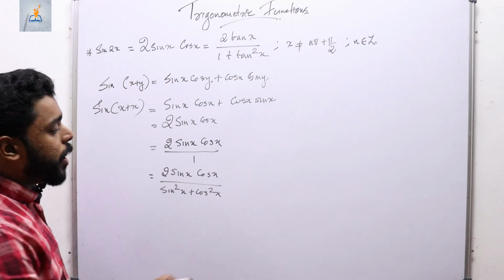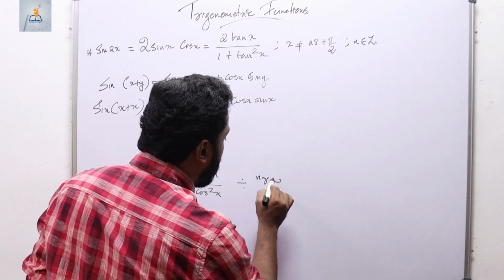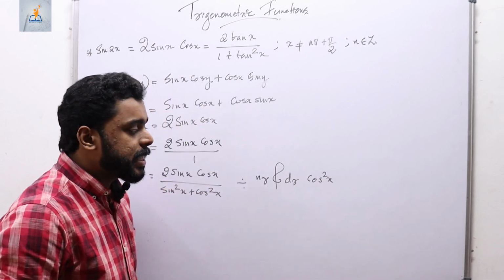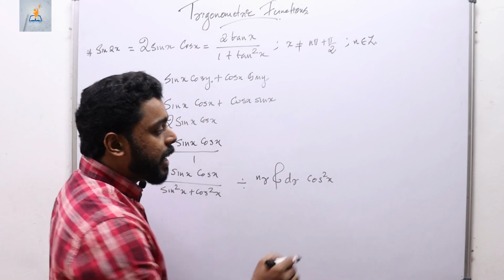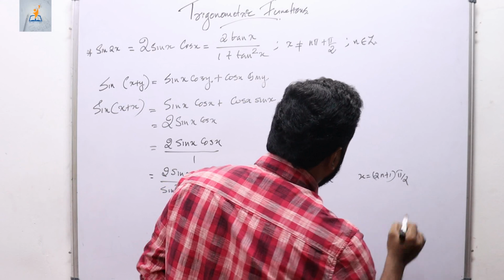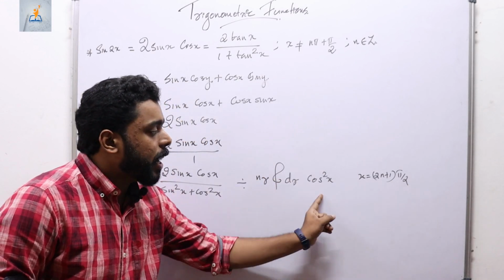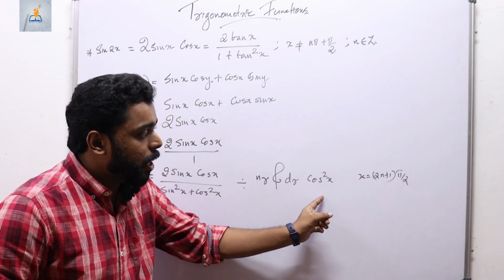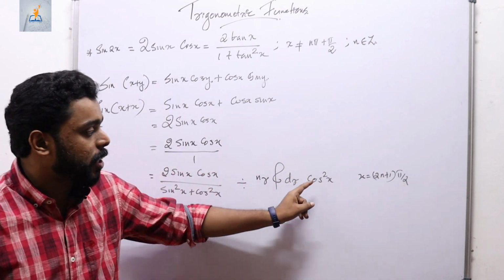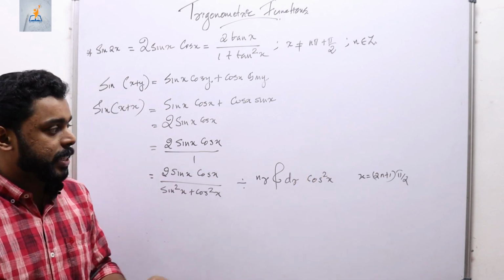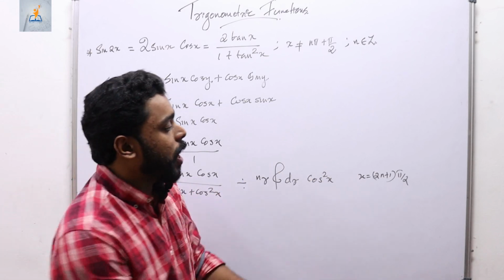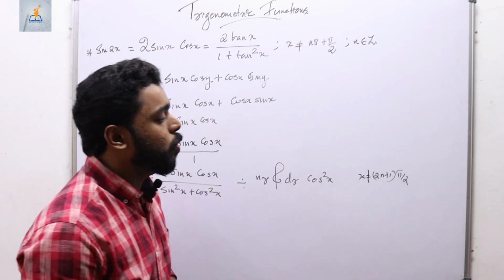Now I am going to divide the numerator and denominator by cos square x. Since cos x can be 0 whenever x is an odd multiple of pi by 2, that is (2n plus 1) pi by 2, and we are dividing by a quantity which can be equal to 0 at some points, we have to eliminate those points from the domain. Otherwise we cannot divide by cos square x. So in order to divide the numerator and the denominator by cos square x, we have to define x is not equal to (2n plus 1) pi by 2.